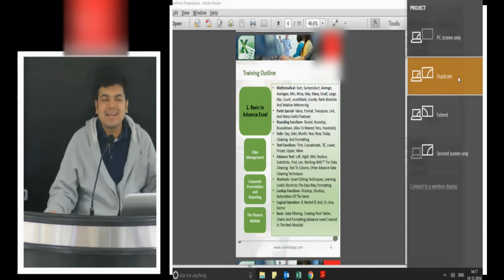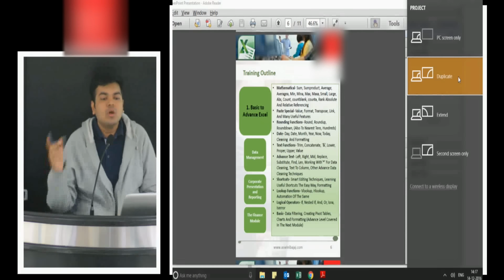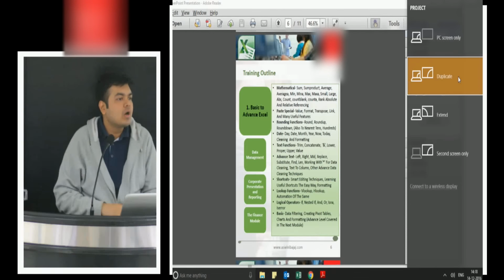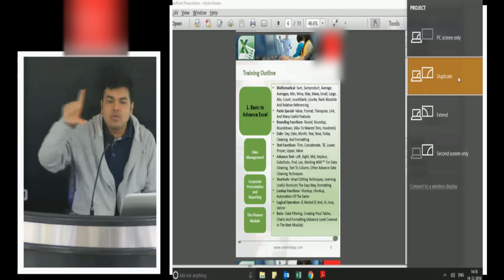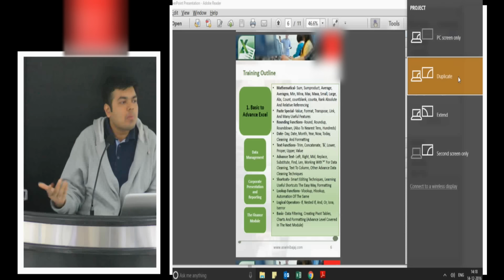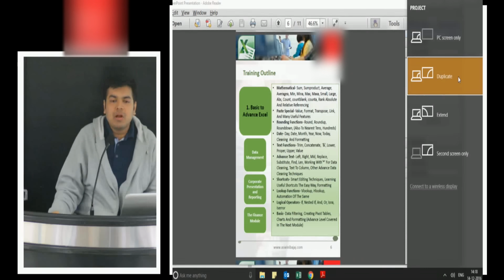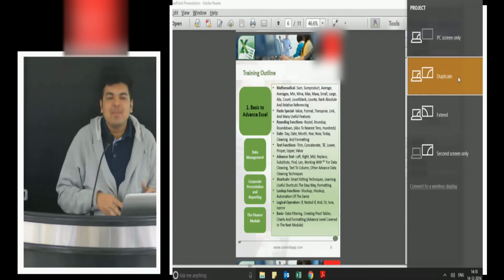And if you want an extend screen, so a lot of times, we are working with multiple windows. When you're working at your office, it is possible you'll have 3-4 screens to look at. Generally, the stock market and technical analysts and all do. But at times, people who are very fidgety and they want that speed to be very high, they have two